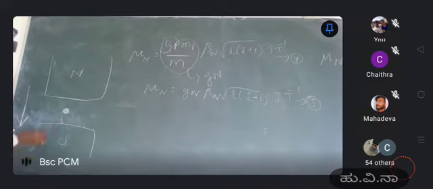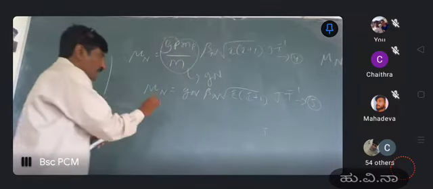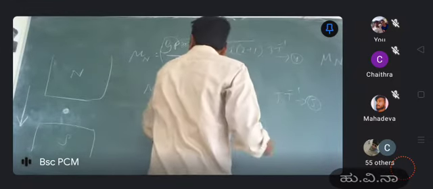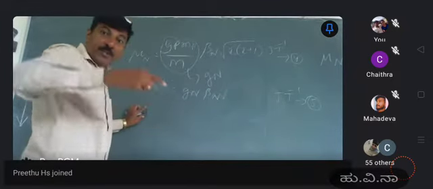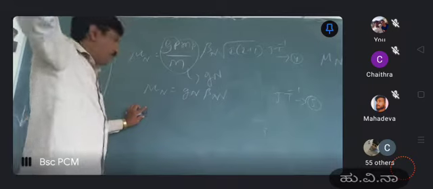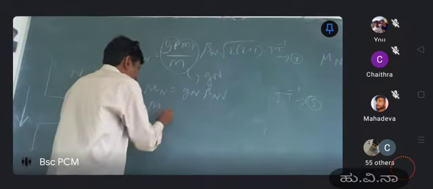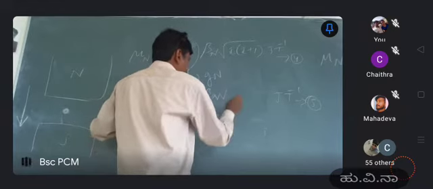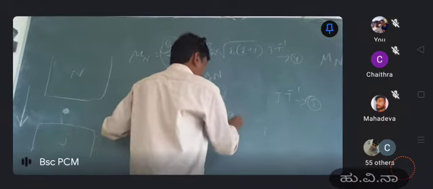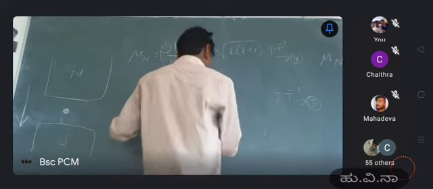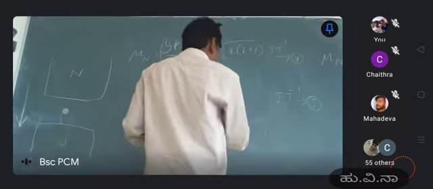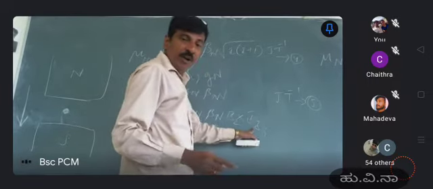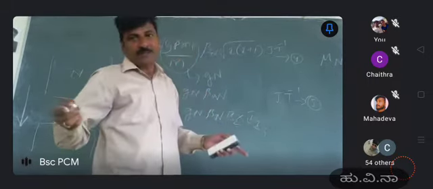Now suppose I is equal to half. The strength of the magnetic field with respect to the applied magnetic field becomes mu z, which is equal to Gn beta n into Bz, the strength of the applied magnetic field, multiplied by Iz. So Iz can take either plus half or minus half.